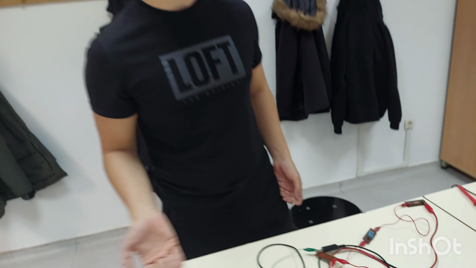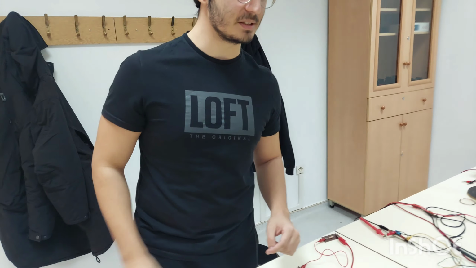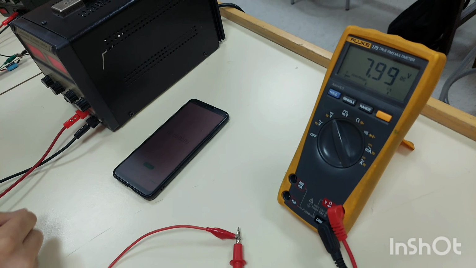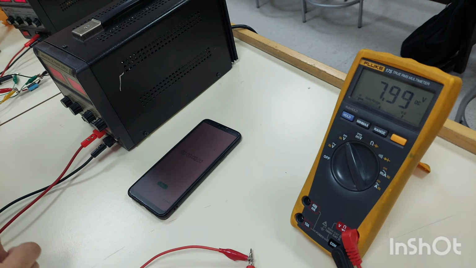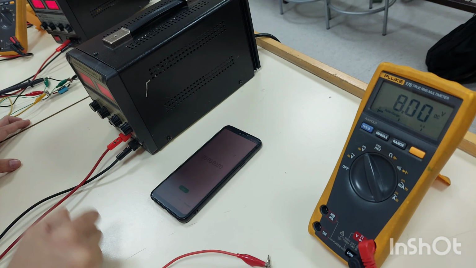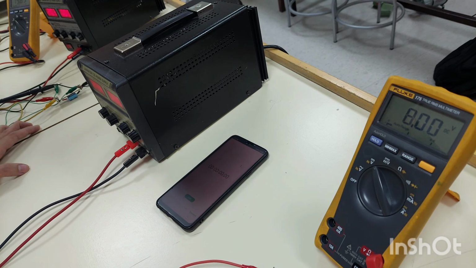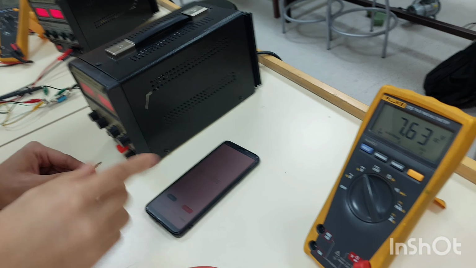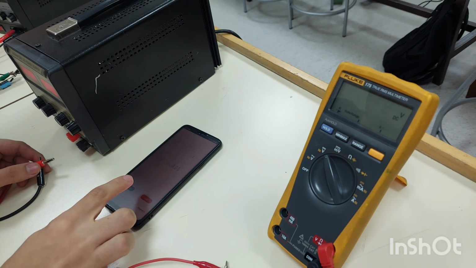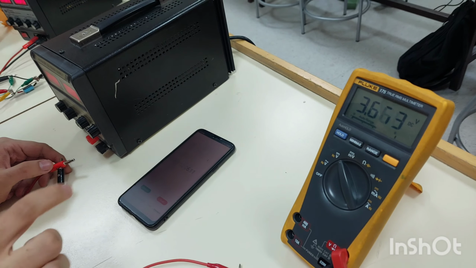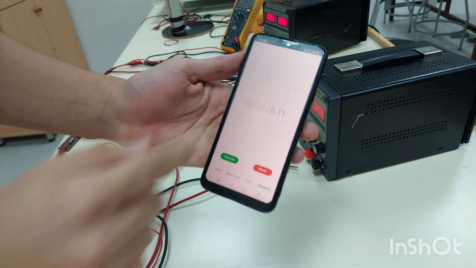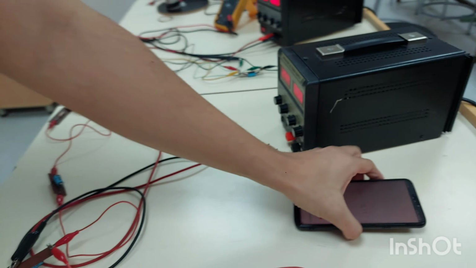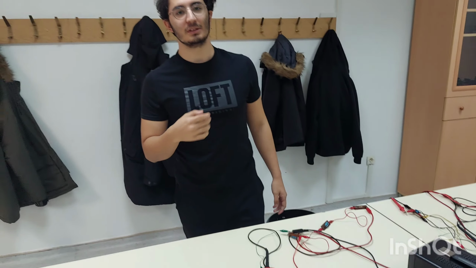Now let's demonstrate for two capacitors connected in series here. I will start the chronometer and disconnect the terminals. When this value drops to half of it, I will stop the chronometer, and this will be our experimental half-life time. Yes, we obtained our experimental half-life time for two capacitors in series, and this will be repeated for 3 and